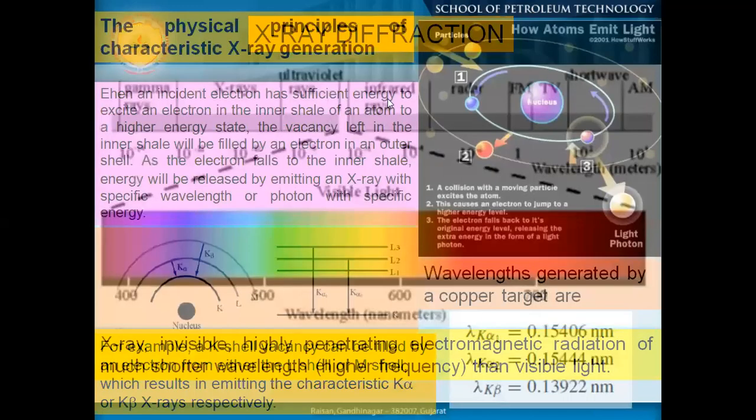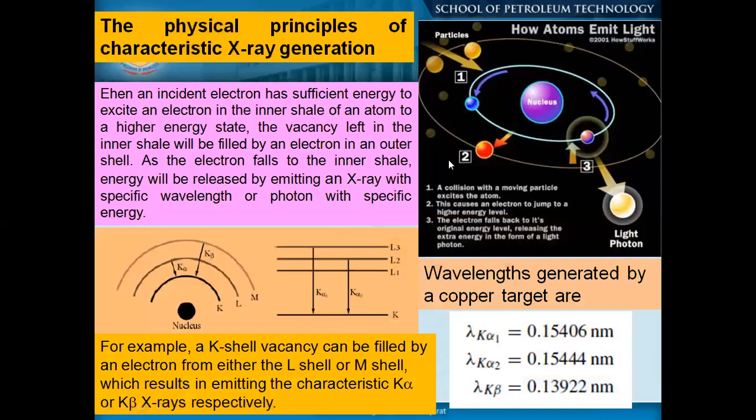How is X-ray generated? When an electron has sufficient energy to excite an electron in the inner shell, the electron from the outer shell will move in. As the electron falls into the inner shell, you have a vacant electron shell, so automatically an electron from the outer shell will fall, and some energy will be emitted in the form of X-ray, or maybe in other forms also. There may be different types of shell vacancy and different types of generated energy, that we use for our specific analysis with the help of X-ray diffractometry.